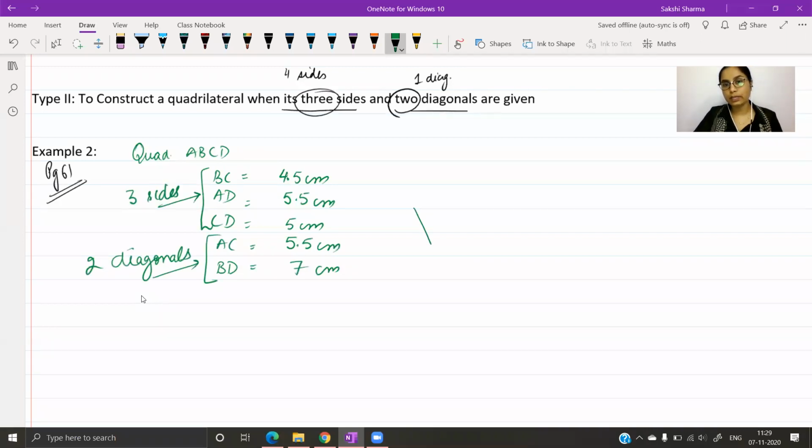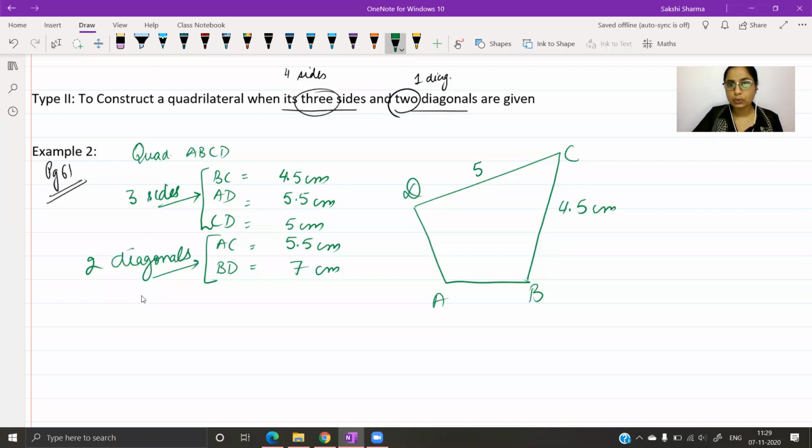And if I had to roughly draw this, you can just draw a rough sketch, just to see how the figure would be. So A, B, C, D I have drawn. Maybe the measures are incorrect, but I'm just giving a representation, so it doesn't matter. This is AD, 5.5. This is supposed to be the longest, but it appears to be the shortest here. And then the 2 diagonals: diagonal AC, which is 5.5 centimeters, and the other diagonal, diagonal BD, which is 7 centimeters. I'm going to draw the quadrilateral again, the rough sketch.